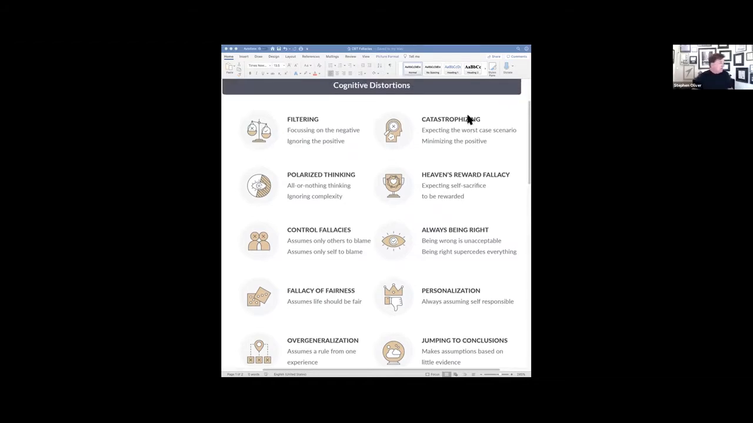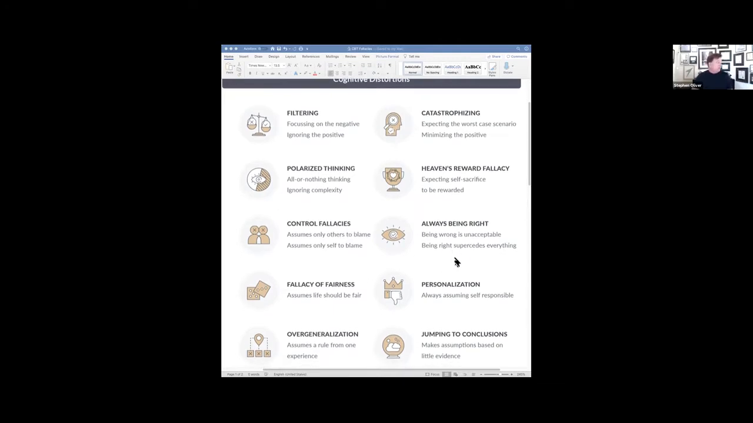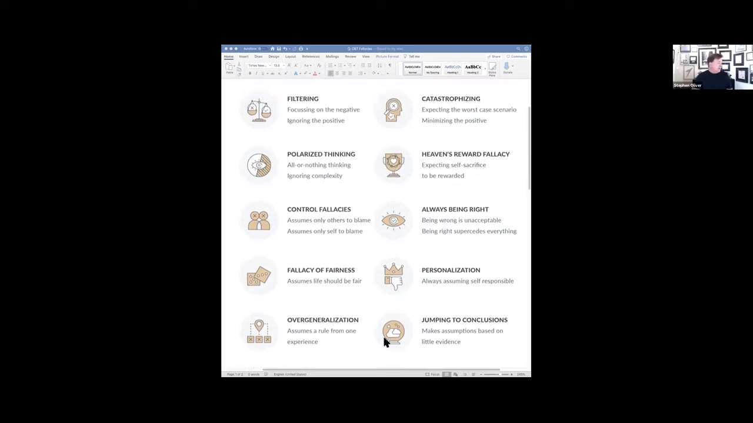This is basics of cognitive behavioral therapy. Now, it approaches this from a slightly different way, but it leads you to the same conclusion. So you'll see here filtering, catastrophizing, polarized thinking, Heaven's reward fallacy, control, always being right, and so forth. But let's just talk about two or three of them. Number one that I see is down here at the bottom,